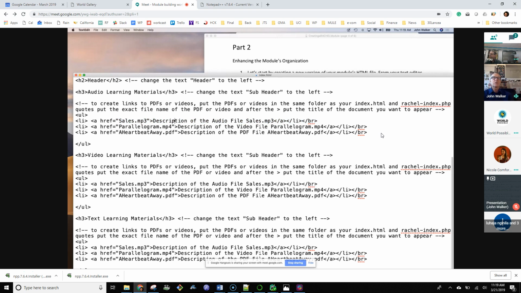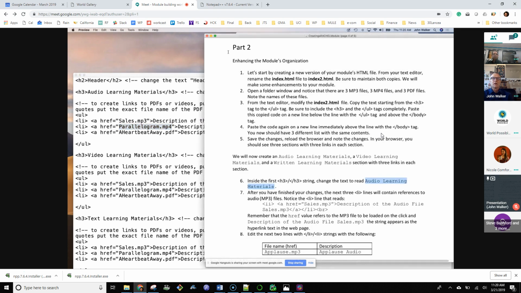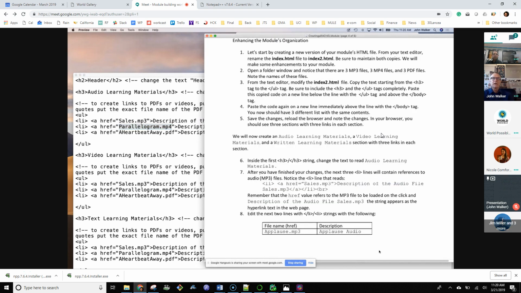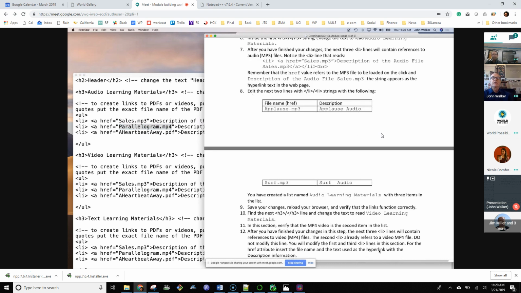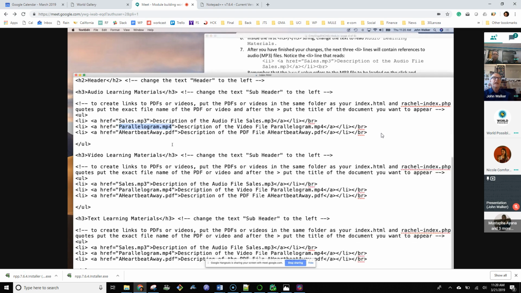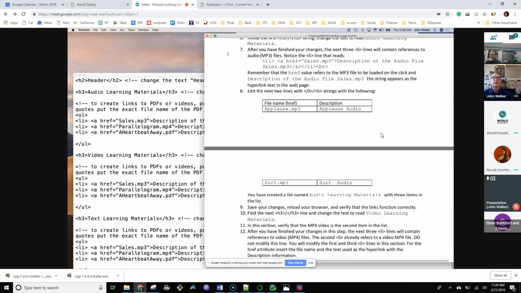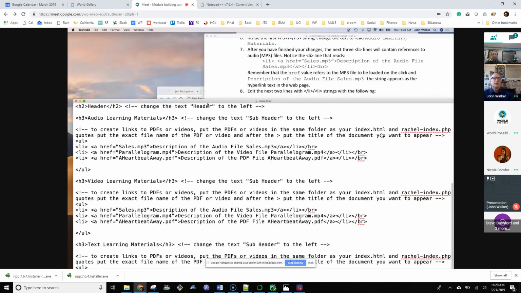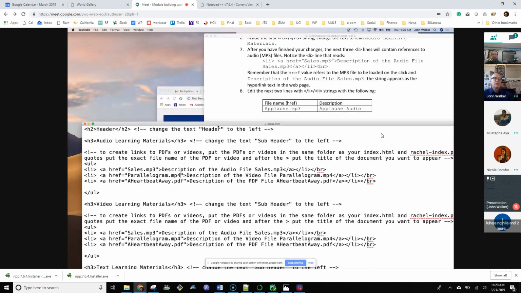And you've already changed the description. You've got a description here. Now, the second line here, that's actually referring to a video file, an MP4 file. We're going to need to change that. I've included a couple more files. So what I want you to do is change the second example. This one should read